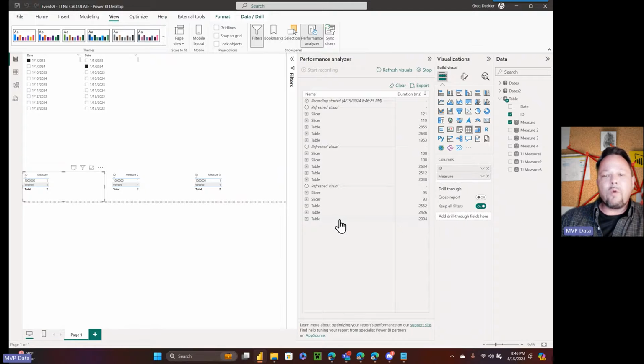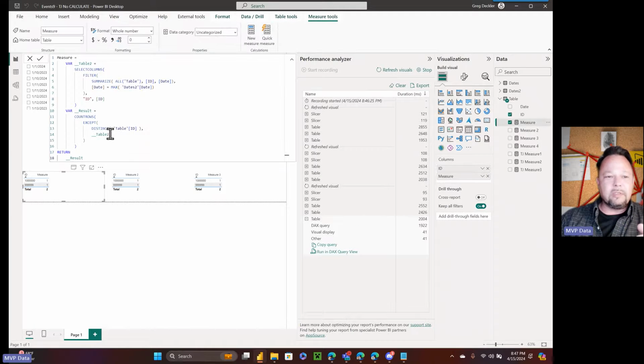This is the reason why I mentioned that in my experience, distinct just seems faster than values. That's the only difference between measure 3, which is this one, taking 2.5 seconds with the DAX query at about 2.5 seconds, and this one, where the DAX query is sub 2 seconds. That's the only difference: this one uses distinct and this one uses values.